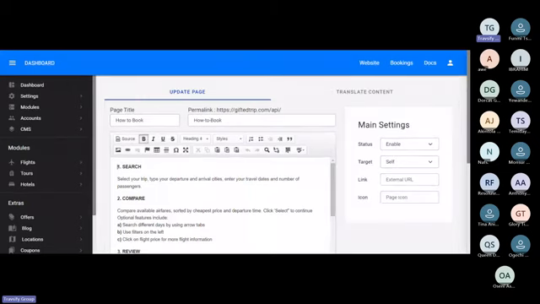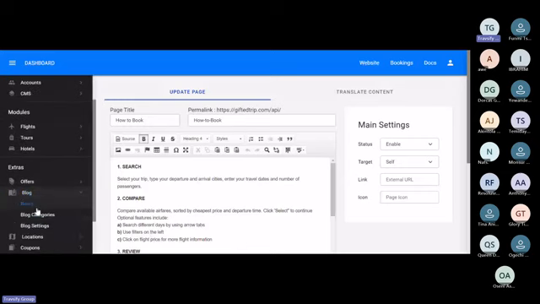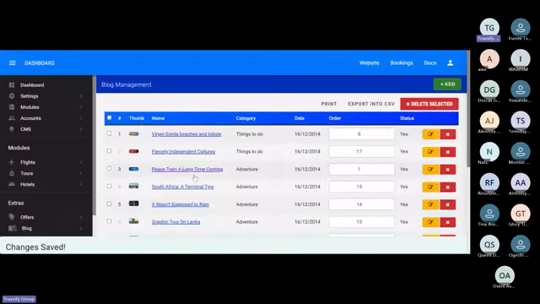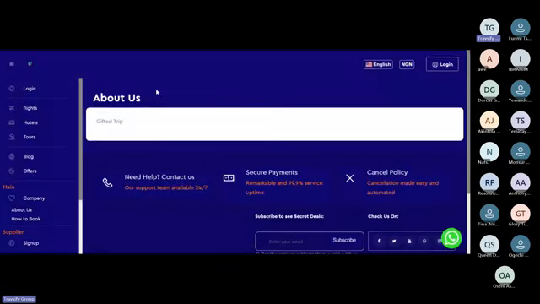Now, the last is the blog. Most times we don't use this option. And as a traveling site, as an OTA, people are supposed to be getting content from your site. That will also help you to rank on Google. These blogs, because sometimes people will visit your website to go read blogs. And here you have blog. Let's go back to the front end. So there's the front end of this one. When I click blog,